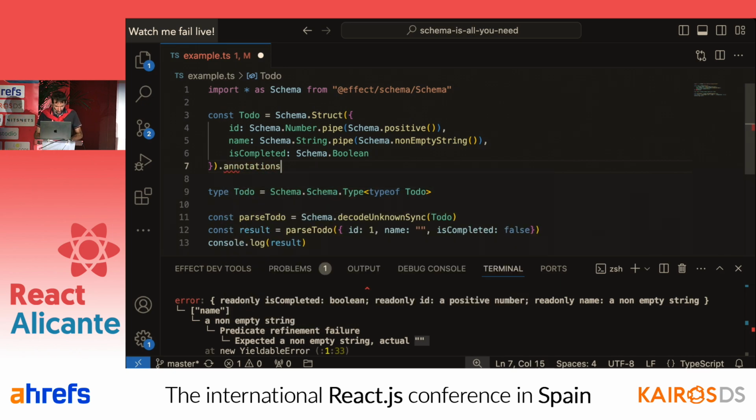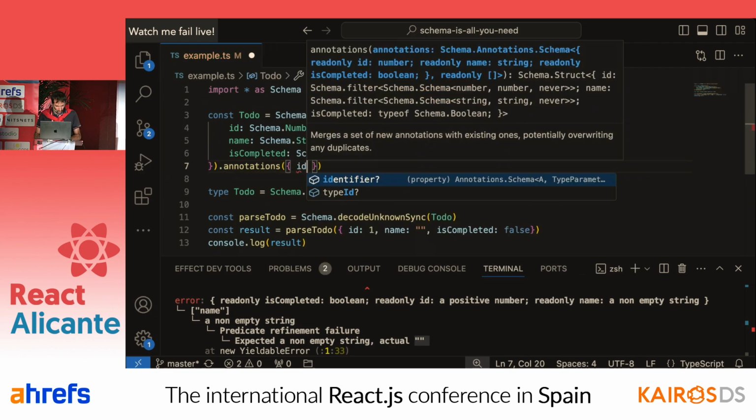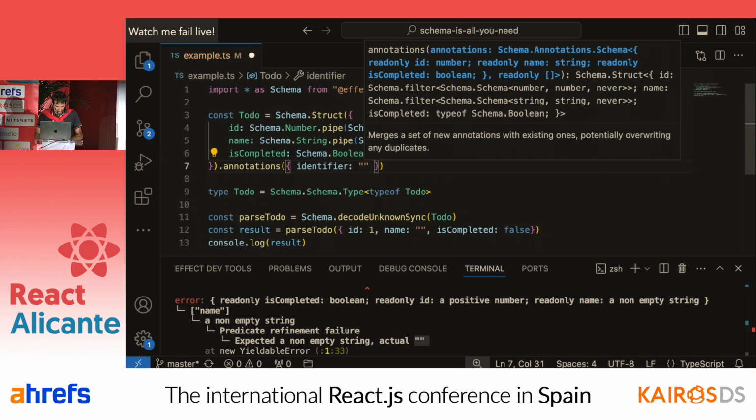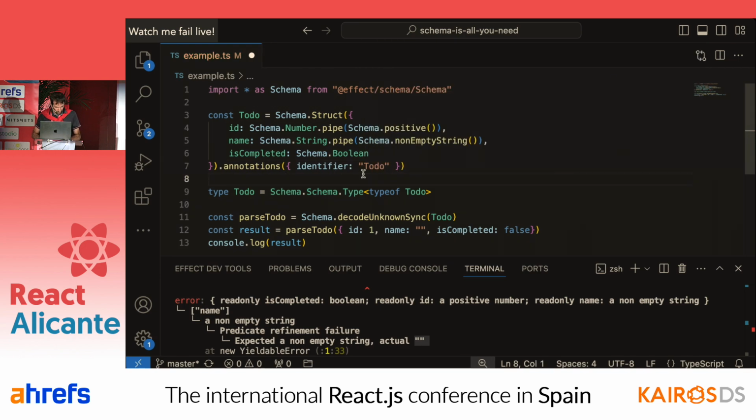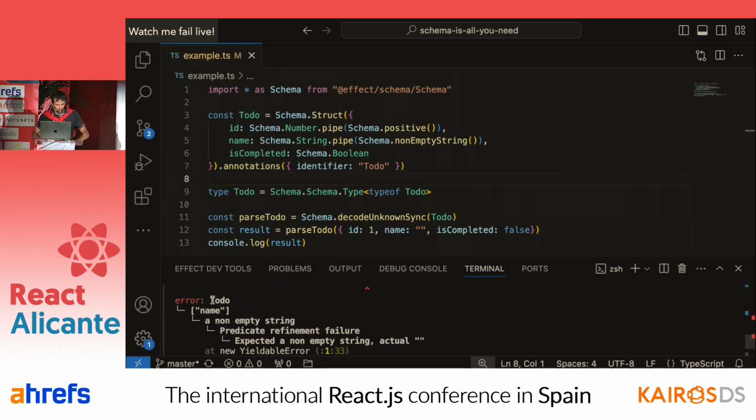So we can, for example, annotate the entire object and say that we want to identify this structure as a to-do. Now, if we try to run the example again, we can see that now the error will say to-do instead of all that gibberish.